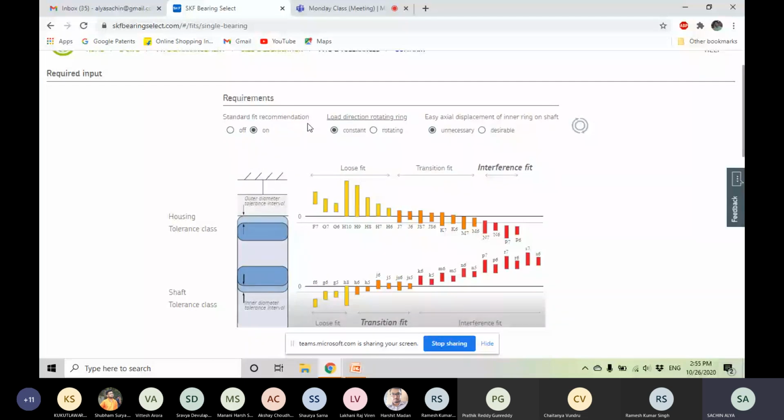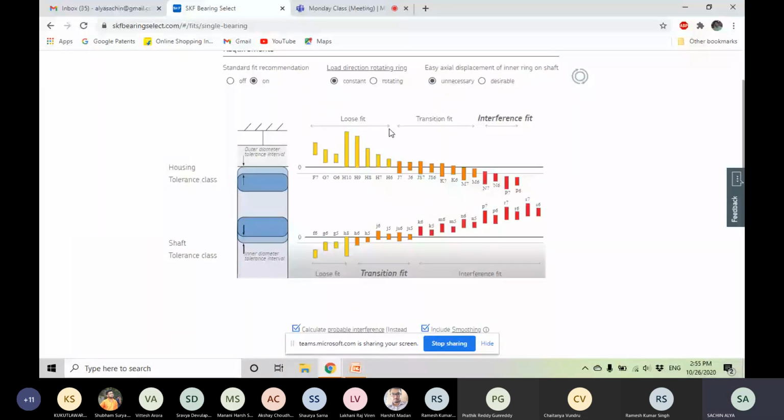So there comes the load direction, rotating ring. So if the load is rotating and the bearing is constant, basically we have to keep the load as rotating load. If either of them, let's say the race of the bearing or the shaft, is stationary and the other one is moving with the load, then we will have to select the rotating one.